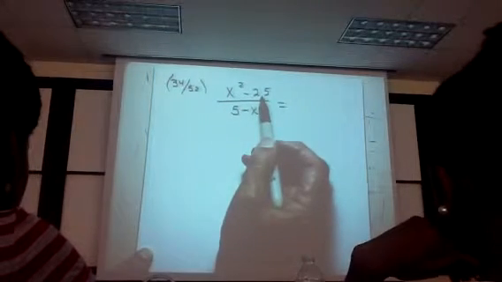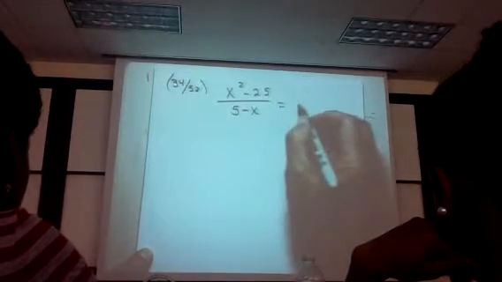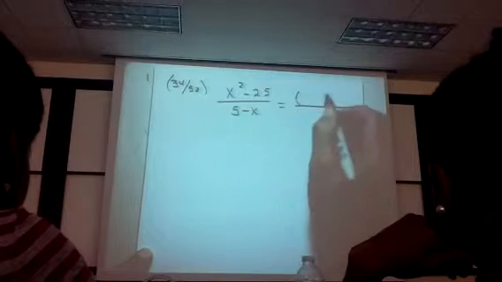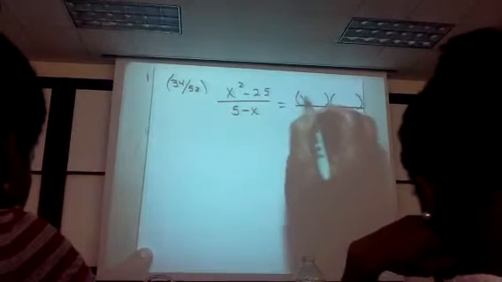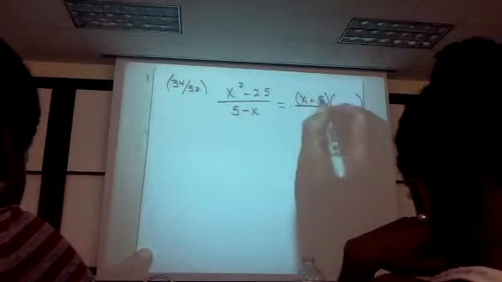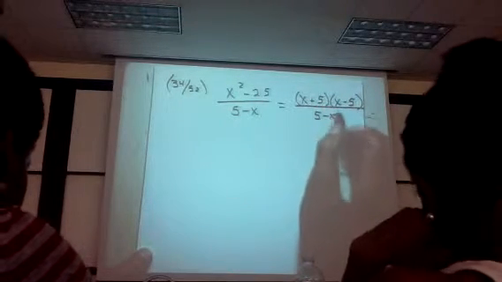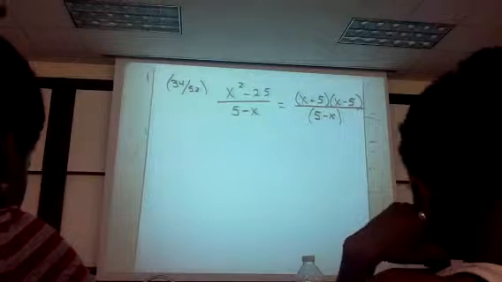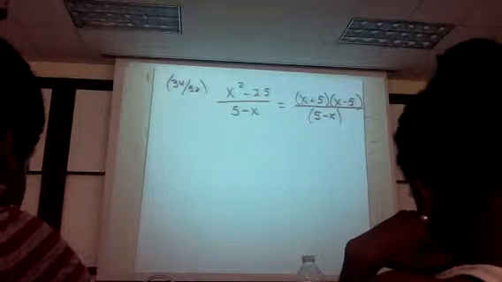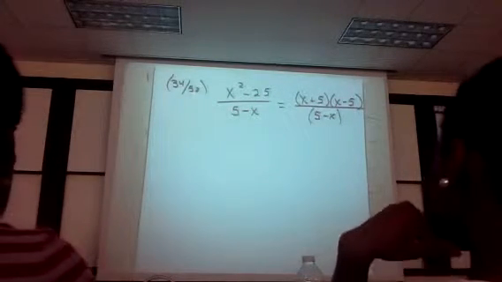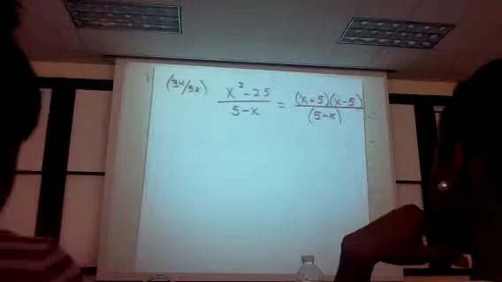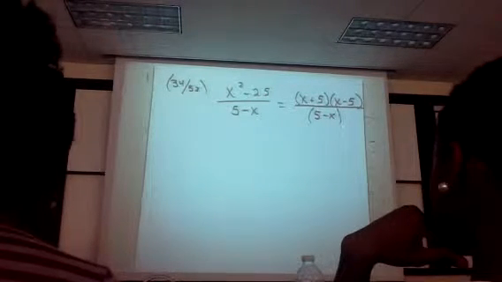X plus 5, X minus 5. Careful. It is one of each, x plus, x minus, because it's the difference of two squares. X plus 5, x minus 5. Now, ladies and gentlemen, if that x squared minus 25 looked kind of difficult to you, you best go back and do some review on